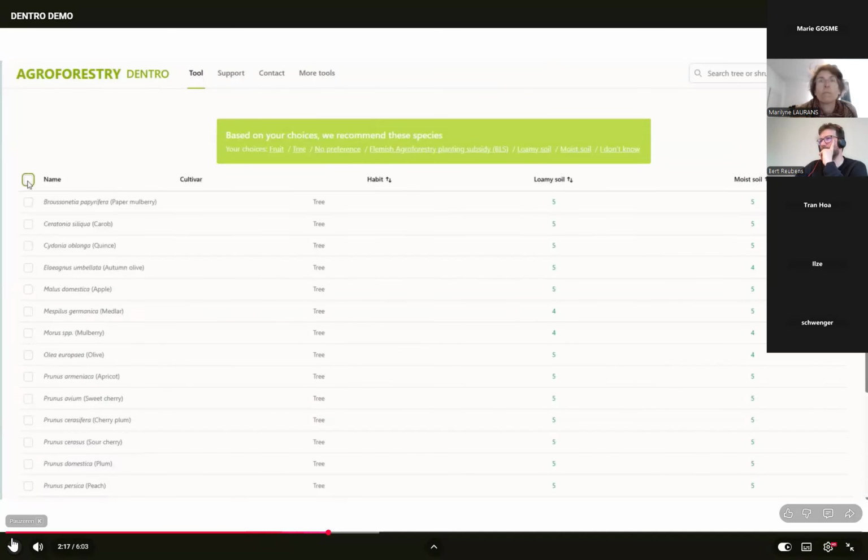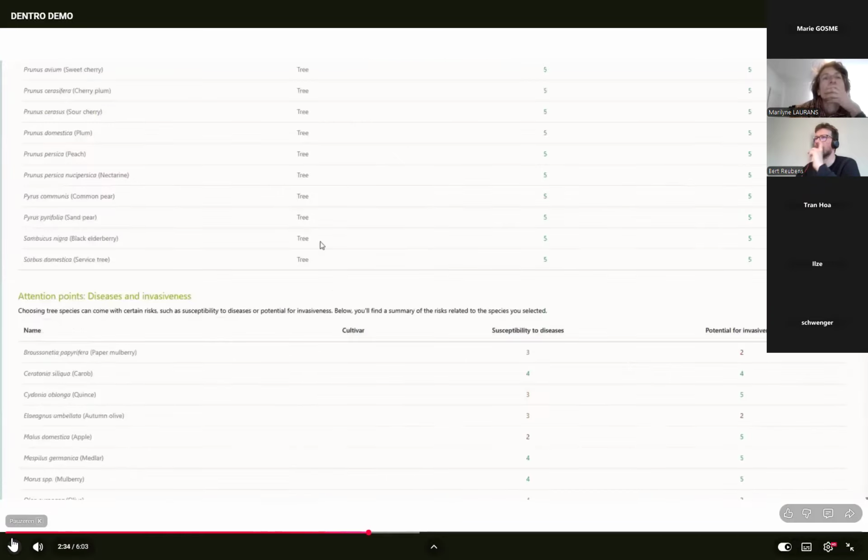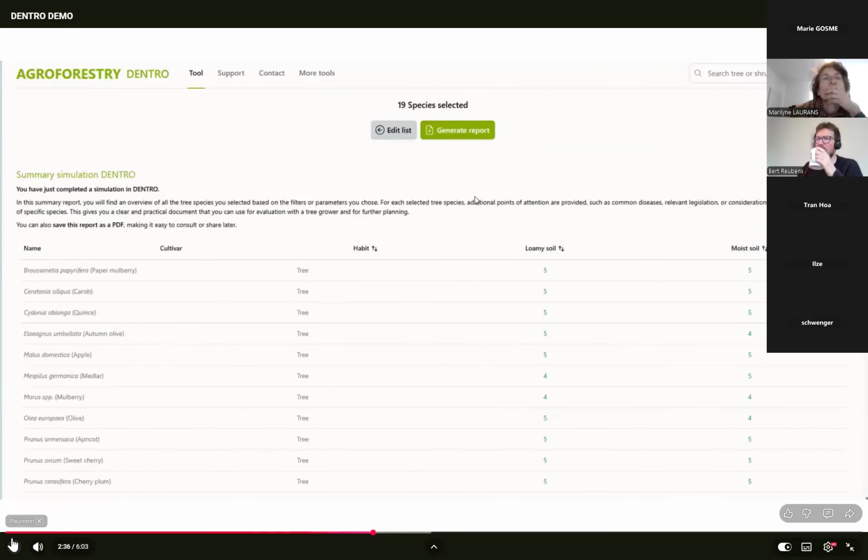If you want to select all of them, you can click here. If you only want to select a few, you can click here. For now, I will click all of them. And then I go to this button, Go to List. Here I will find a summary of the simulation that I just did. And I can also generate it as a report with this button. Or if I want to edit my list, I can go back. But let's generate a report for now.